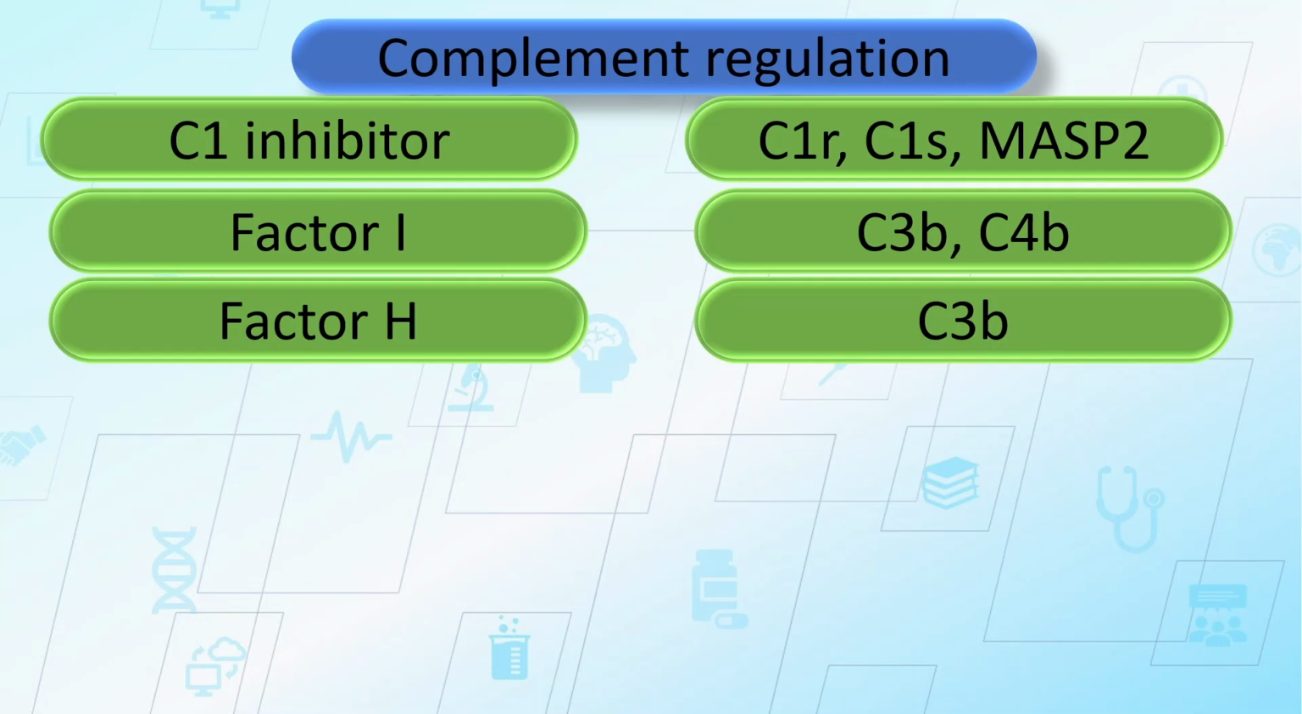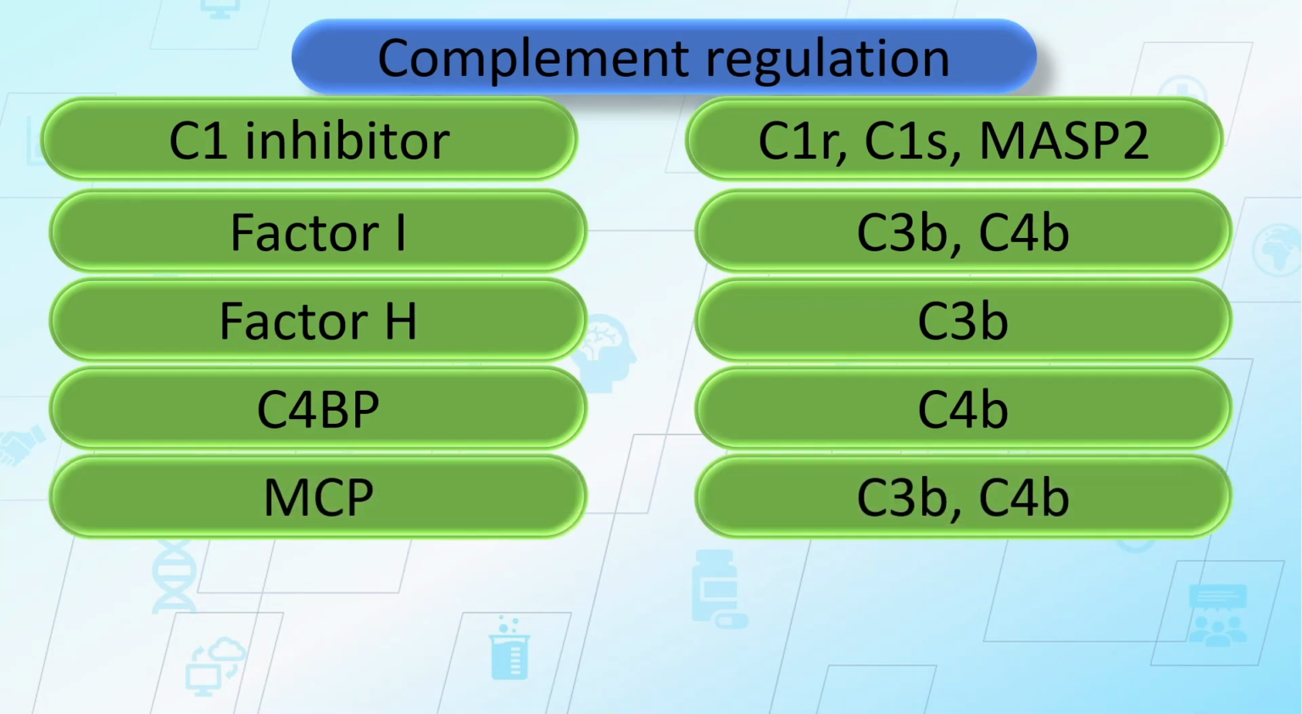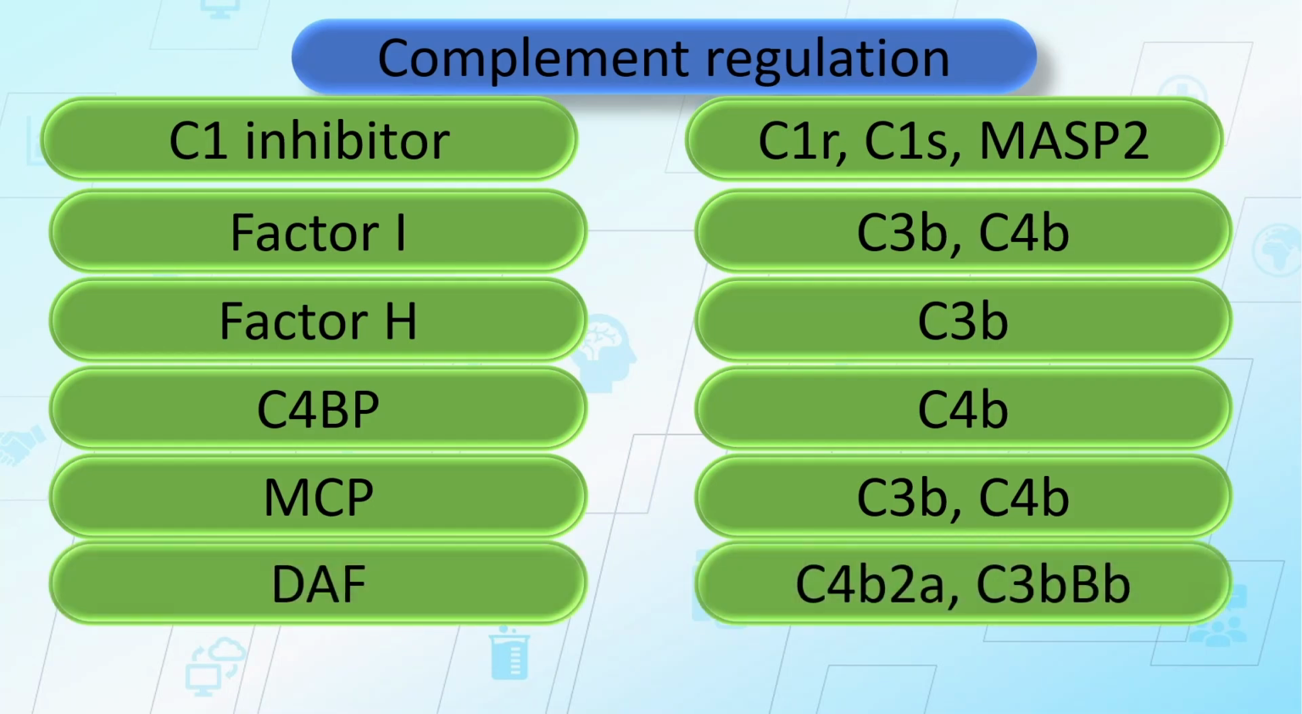And the other is C4 binding protein. As the name indicates, it majorly binds with C4 and it stops the classical pathway and the lectin pathway. And the other is membrane cofactor protein or CD46, and it targets C3b and C4b. And we also have decay accelerating factor or DAF, and this targets complexes like C3 convertase complexes, which are C4b2a